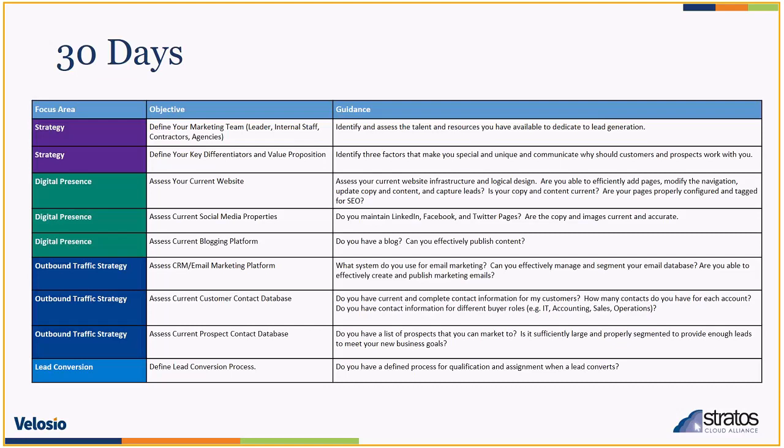So on the strategy side, you need to make sure you've got some resources here or define your marketing team. This is important to make sure that you've got people committed to being successful in the CSP area. Next, you need to make sure you can define what makes you different. What makes you stand out? The big revenue opportunities for partners is having some type of industry specialization.